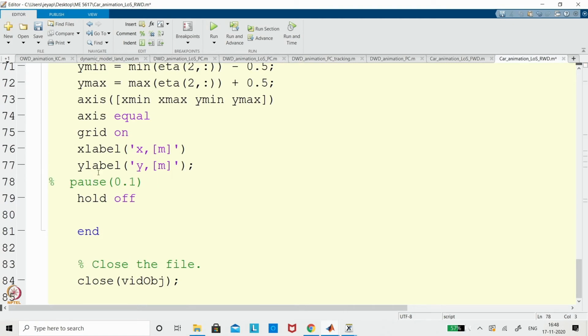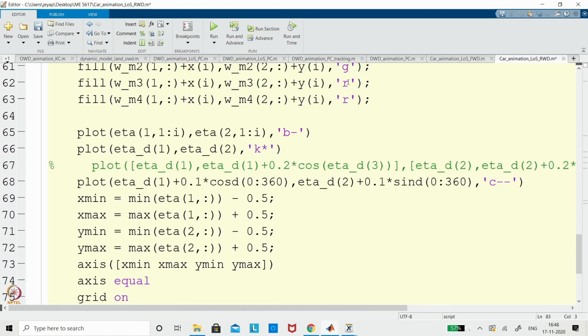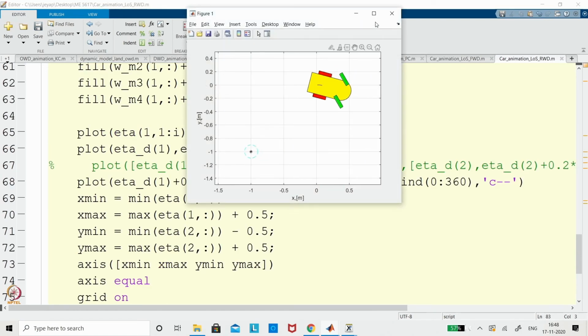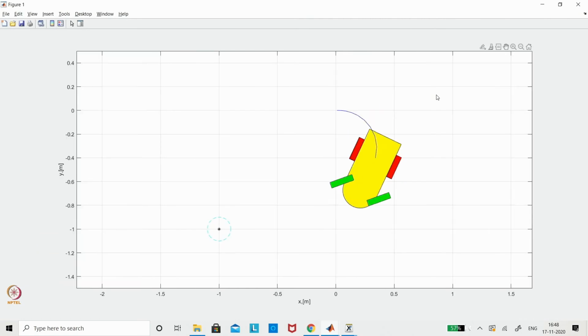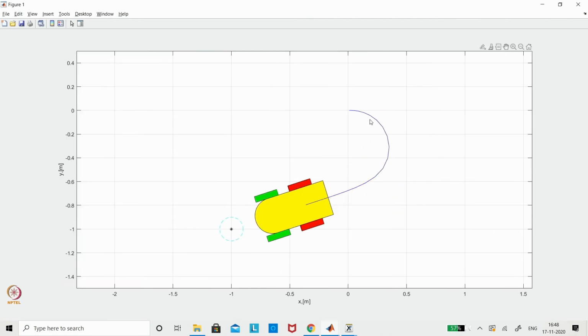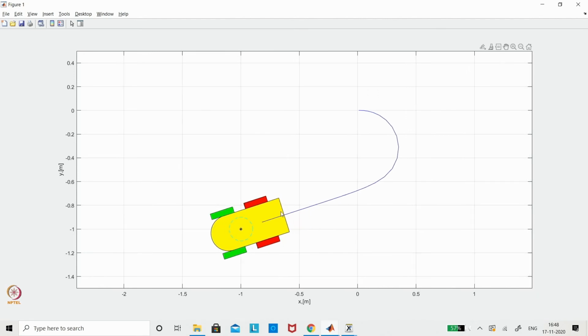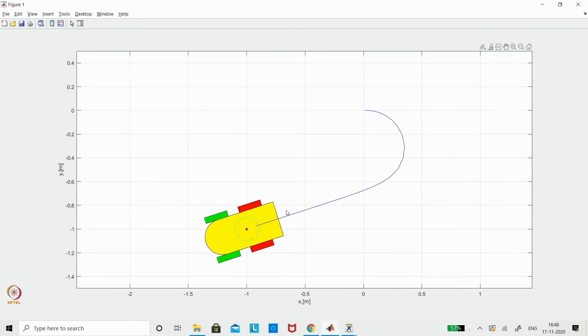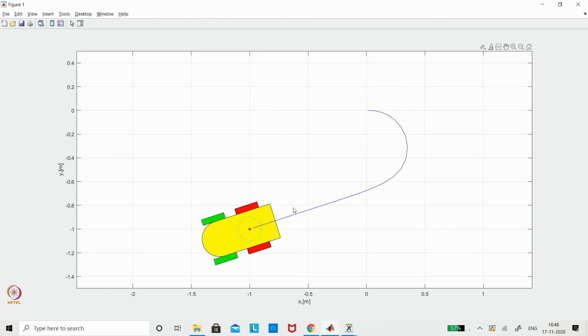So I will just run this and we can actually see how this will go. You can see it is taking a similar approach, but the only slight variation is in the control input, because it is rear wheel drive. In a similar way you can even consider a cycle, where only one wheel is connected, with a few casters on the wheelbase so that it can move.